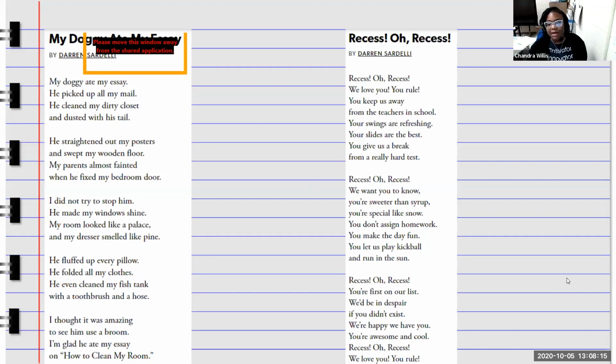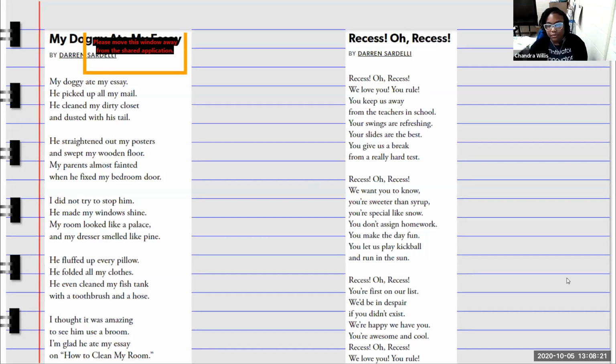McCoy, unmute your mic. What do you think this poem is about before we have even read it? He's having some trouble unmuting his mic. That's okay. We're going to get another scholar. How about Xander? Xander, unmute your mic and tell us, what do you think the poem is about? The poem is about his dog. Yes, someone's dog, right? Okay, well, let's start reading and see what it's about.